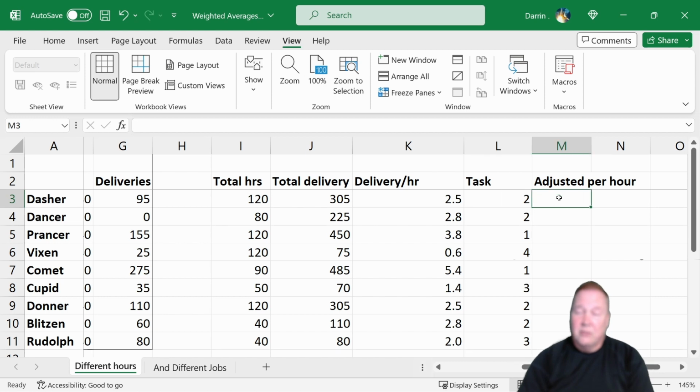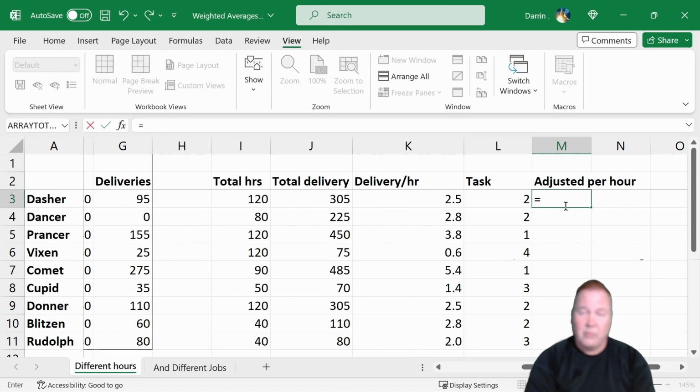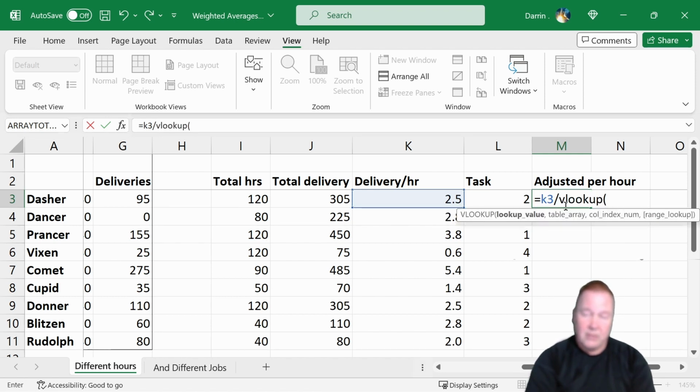So I want to use VLOOKUP to do this. So what I want to do is I want to take my deliveries per hour, which is K3, and then I'm going to divide that by VLOOKUP, and the lookup value, if you haven't seen VLOOKUP, if you haven't used VLOOKUP, I have a video